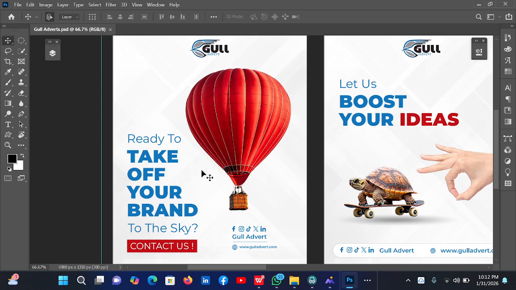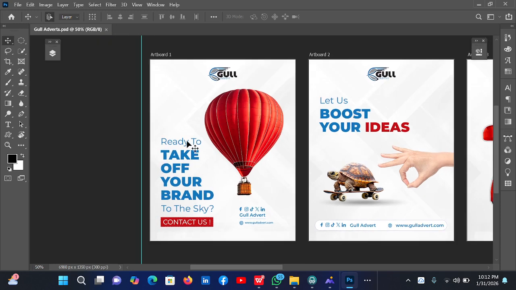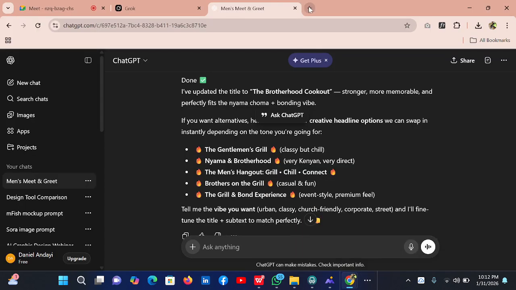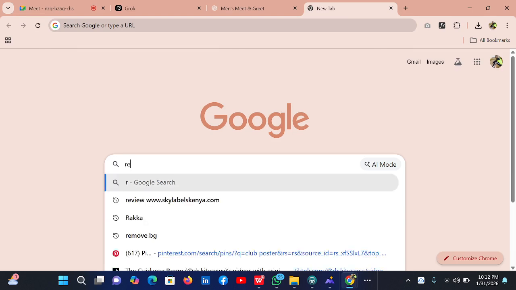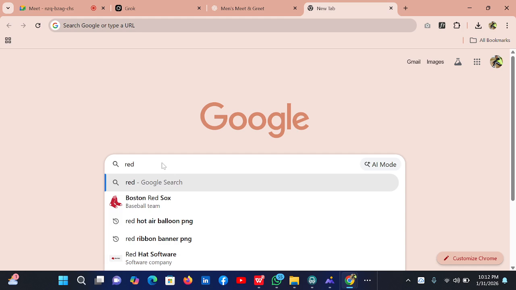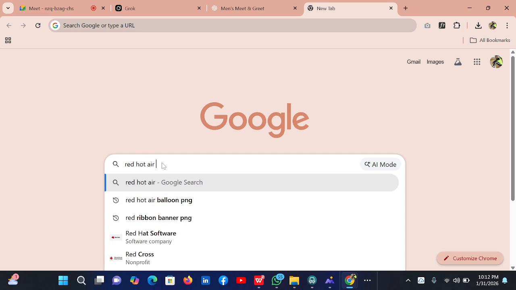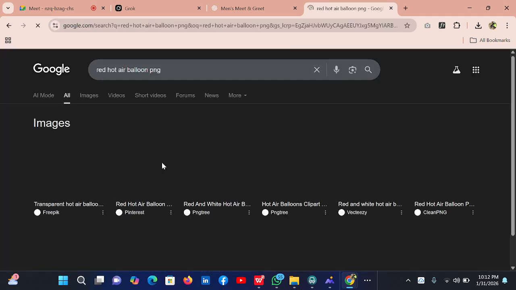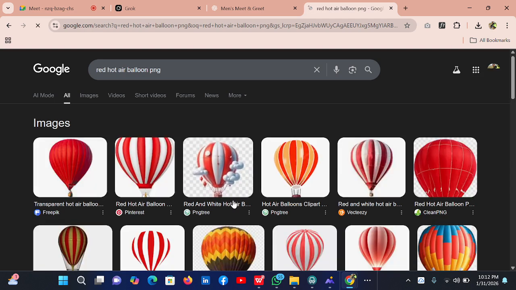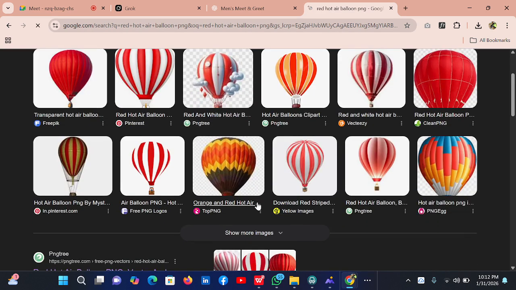So if I wanted to create a design like this one, hii artboard 1, this is what I'd have to do. I'd have to go to the internet and search for red hot air balloon PNG, and you see there will be many options.